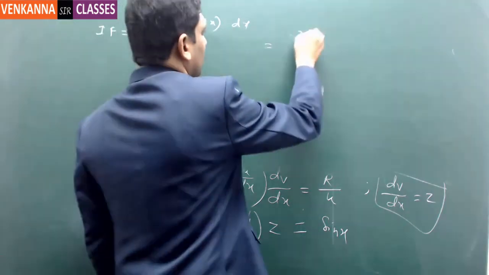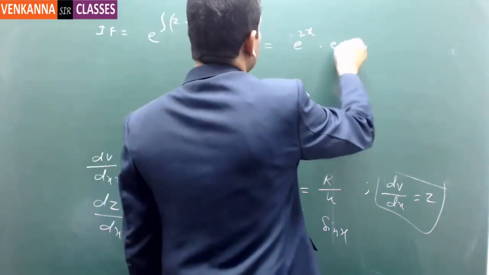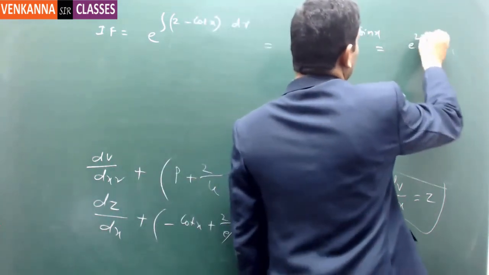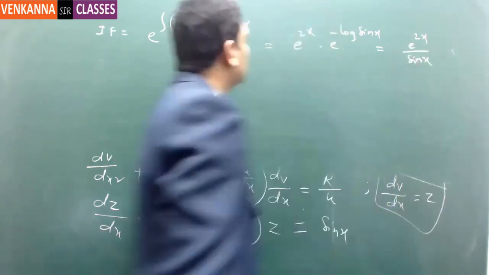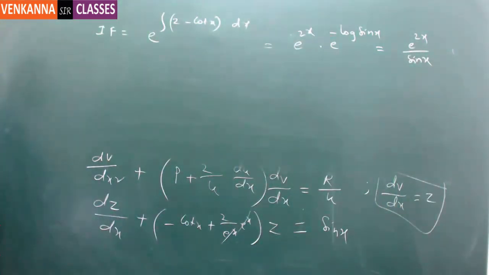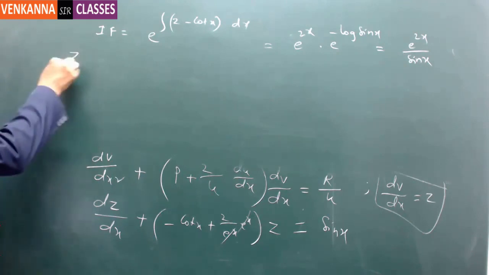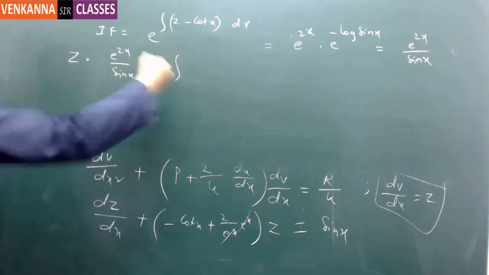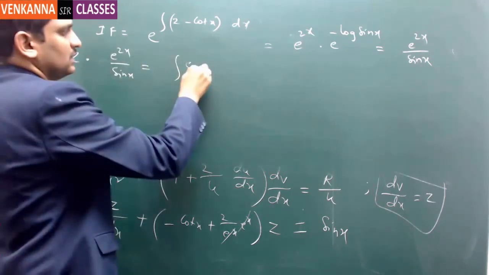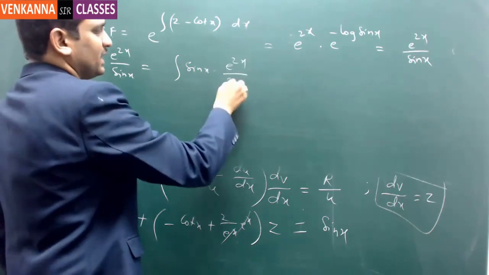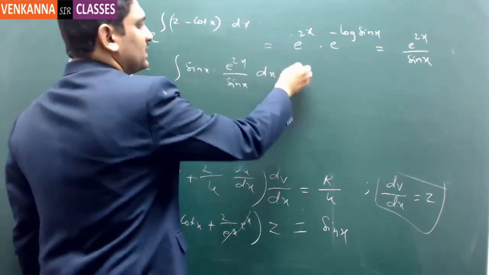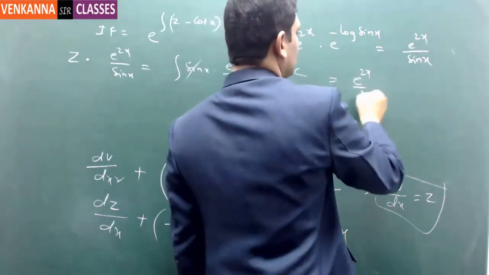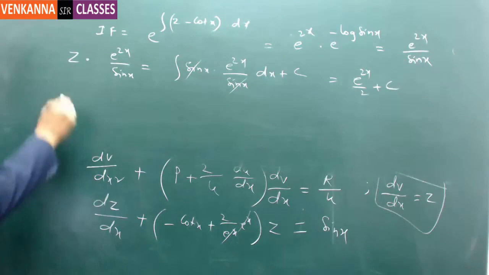So e power 2x into e power minus log sin x is equal to e power 2x by sin x, which is the integrating factor, and then z into e power 2x by sin x is equal to integral sin x into e power 2x by sin x dx plus c, which is e power 2x by 2 plus c, which gives that